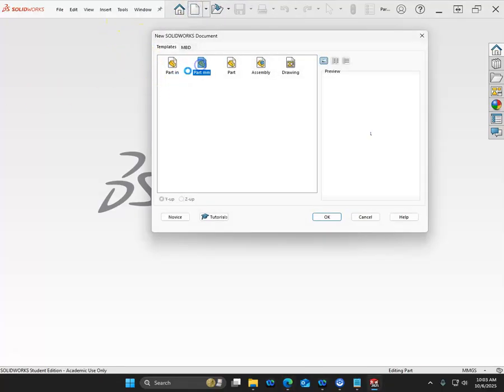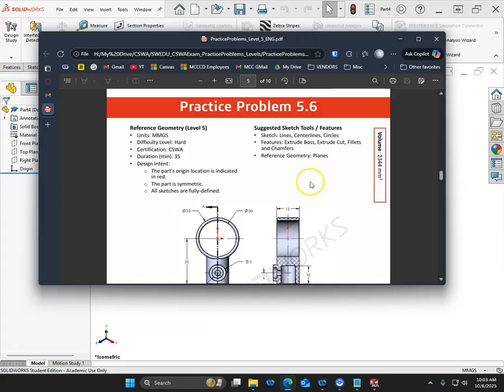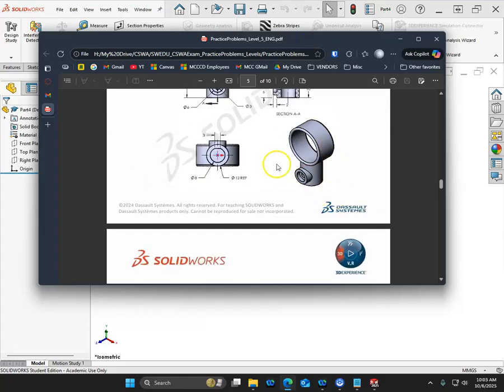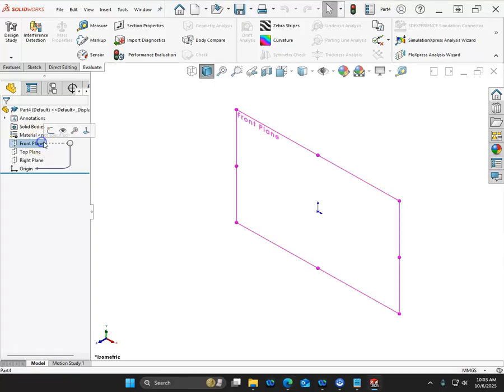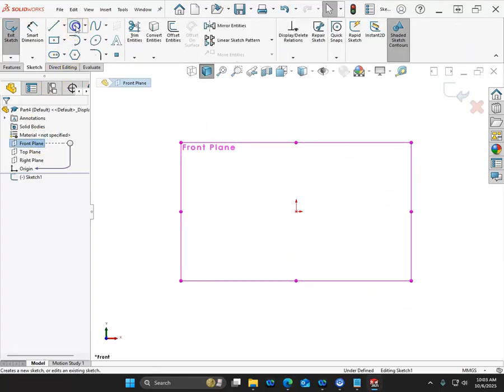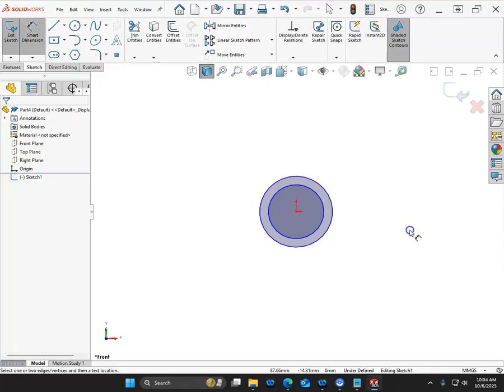So part millimeter, based on the front plane, we will be isometric through the center of the part for the front plane. So let's open up our sketch. We'll draw our two circles and right click and go into Smart Dimension. All right, our geometry then,